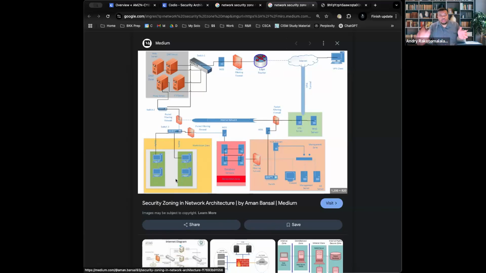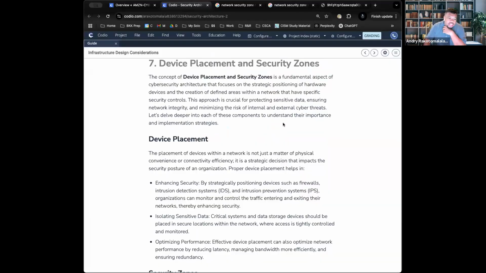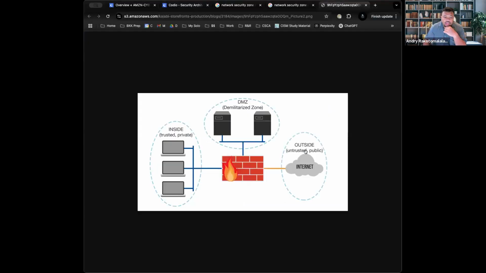But the important thing to understand here is there are zones that exist within a network, and each of those zones have very specific rules. Those rules can dictate internal traffic, external traffic, that kind of stuff, right? A very simple example is if I am outside on the internet, I can't access HR records. That's just not something I'm allowed to do because the zones protect me from doing that.